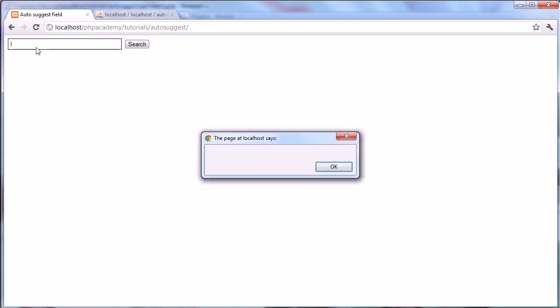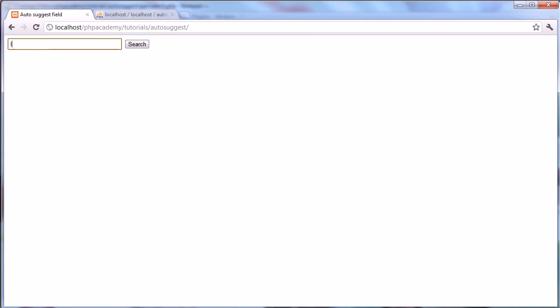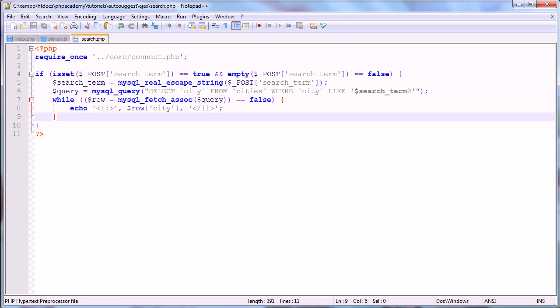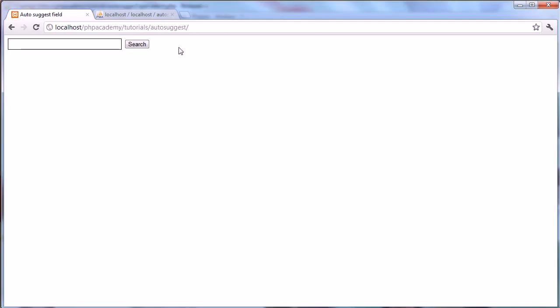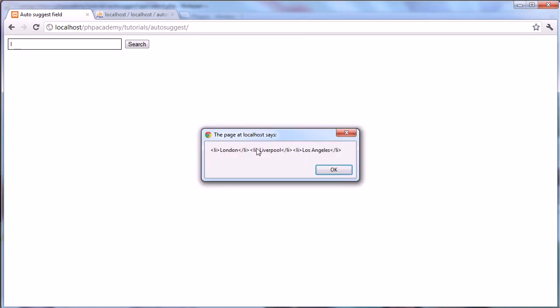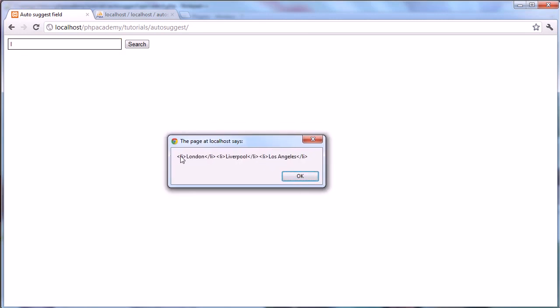Let's go ahead and type L. Oh, nothing's been returned. Let's just check why that might be. Oh yeah, here we go. So while this here doesn't equal false, I had it equal to false, so that's why nothing was being returned. Let's press enter and let's type in L. There we go. So what we've got back here is a list item with London in the middle,